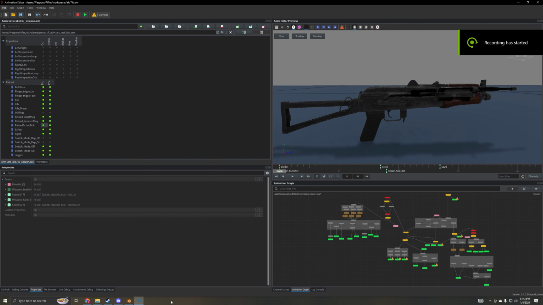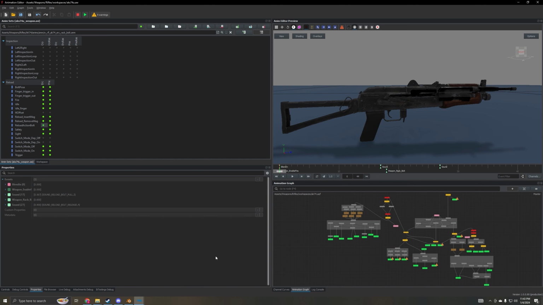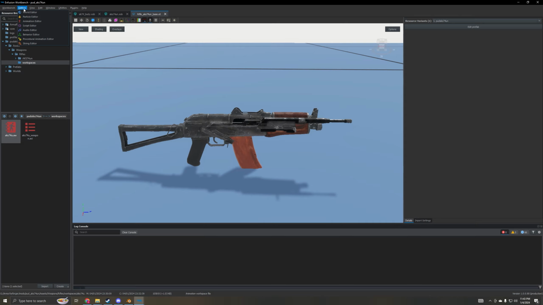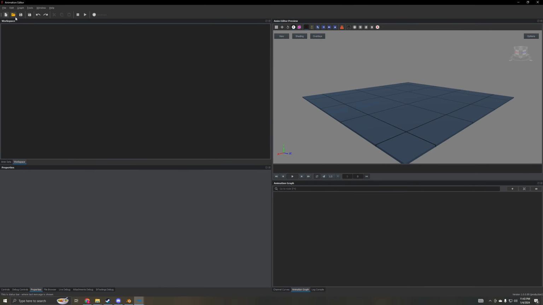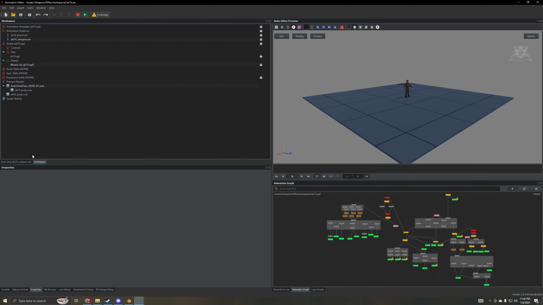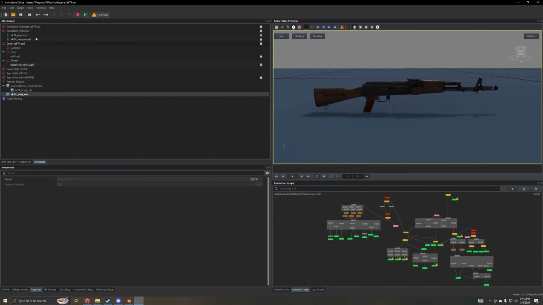Okay, so we're gonna start getting into actually creating these animations. What I like to do is, we've identified previously what we need to recreate. I like to open up a second instance of Animation Editor, and I like to look at the weapon that I am trying to mimic. In this case, it's the AK-74. I'm going to bring up the AK's weapon model, and I'm going to make sure I'm on the weapon instance,